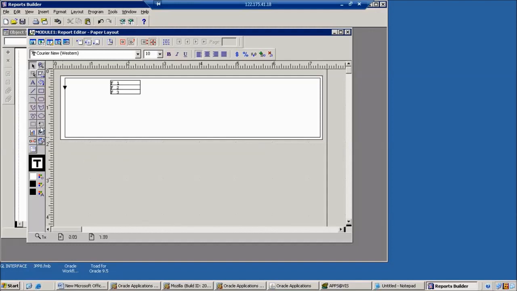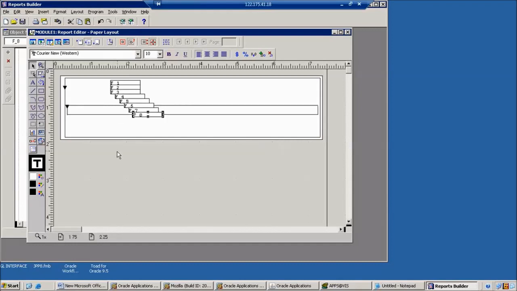Then next we can choose one more repeating frame. Here we can give responsibility number, responsibility name, responsibility date, start date and end date.